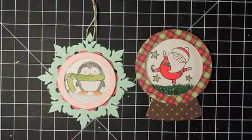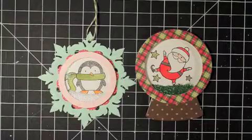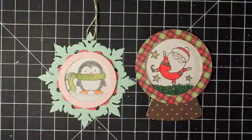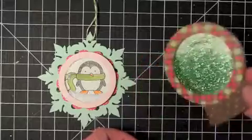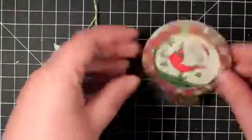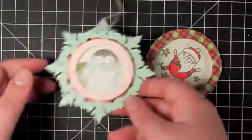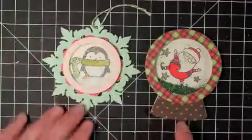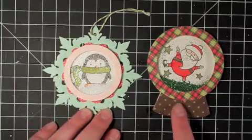Today I am going to make both of these ornaments. I'm going to show you two different techniques for making a snow globe style ornament. You can see these both have glitter in them that can shake around and move around. This one as well has some white sparkly glitter in it. And so I'm going to show you two different ways, two different techniques using different supplies that you can make